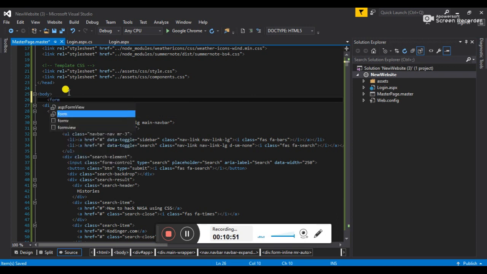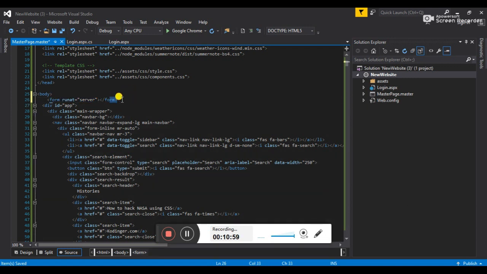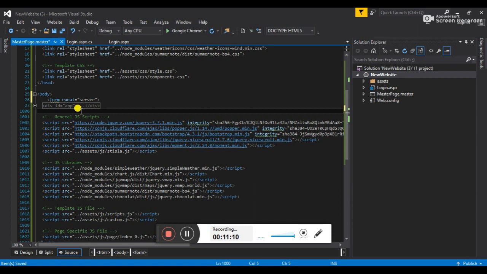Otherwise the ASP element will give an error. So here runat server, then close. Just cut this, then close this, then paste it.